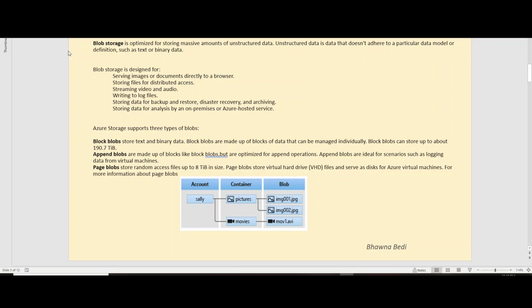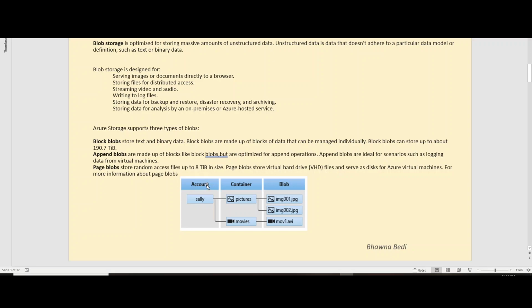Now, when you talk about blob storage, what is this blob? The first question that comes to our mind is what this blob is. Blob is basically the data that you store. Blob storage is the storage, but the blob is the data that you store inside blob storage. The very first thing that you create is a storage account.